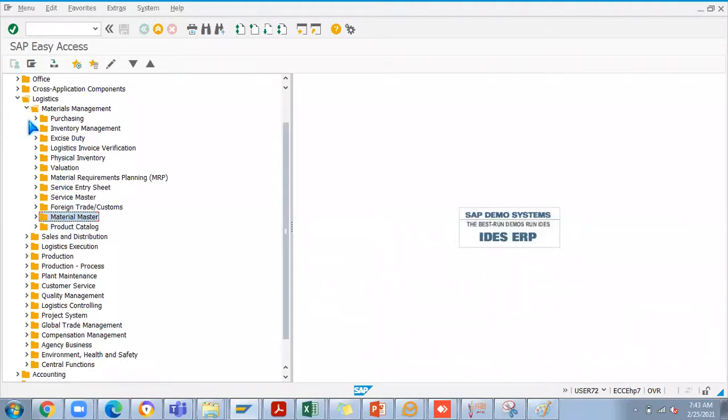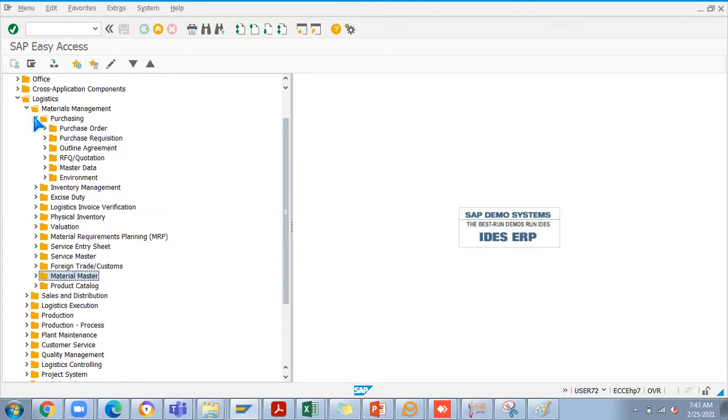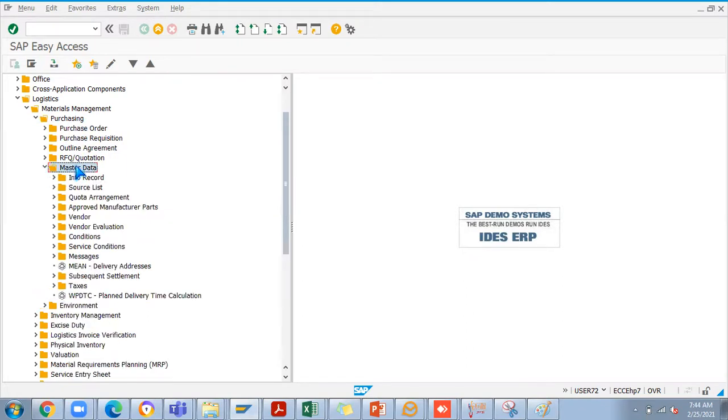But material master is a separate creation, not linked with any purchasing, whereas vendor is completely into purchasing. So under purchasing we again have master data. In this master data you can see info record, source list, and vendor. These three will be there.